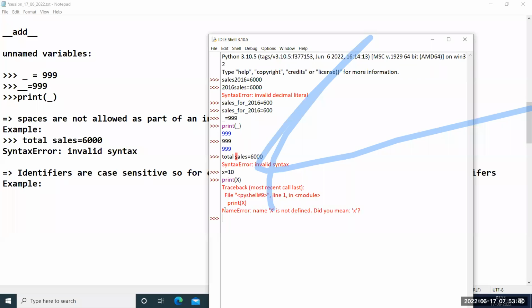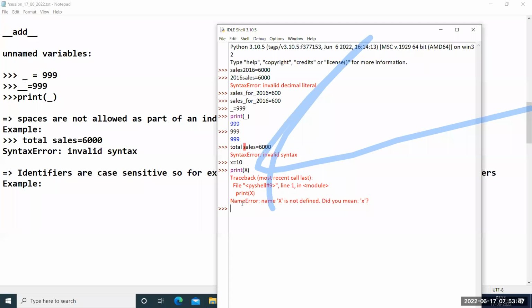What is the error you see? Name error. These errors you should understand, because when you are working with Python programs, you should be able to debug the code. When you encounter this name error, that means the variable is not defined. Blindly you can remember that. If you get an error like name error, that means you have not defined the variable and you used it in some expression.